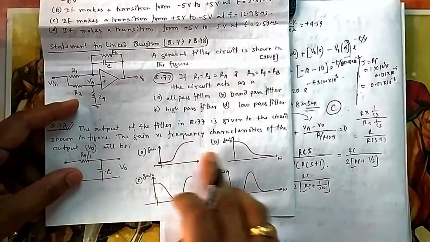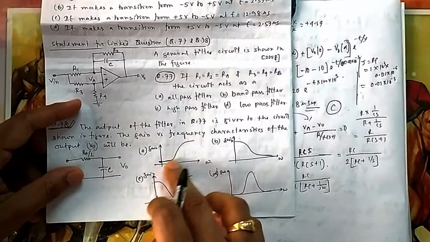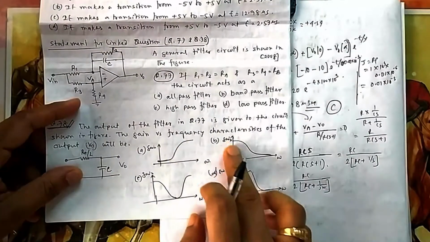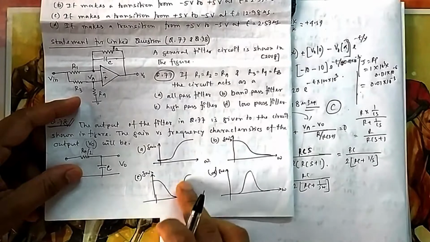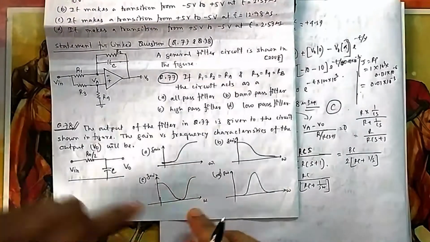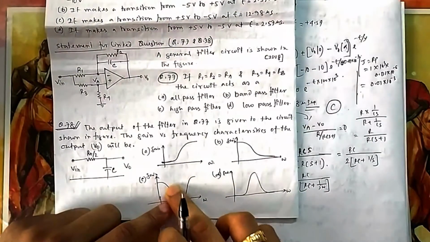Okay. Now what are band pass and band reject? This one we will see in 78, I guess. In 78, you can see this is high pass. These graphs, this is known as high pass. This is low pass, because at low frequency you are getting gain. This is a band reject. In a particular band from here to here, frequency, it is not getting any output.